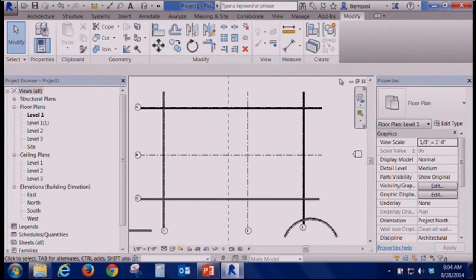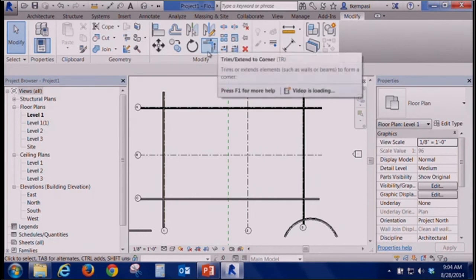Once we have some geometry, we're going to need to modify it a little bit. So take a look at some of the modify tools on the modify ribbon. This panel here is where most of those that you'll work with are, and I'm going to start with these three